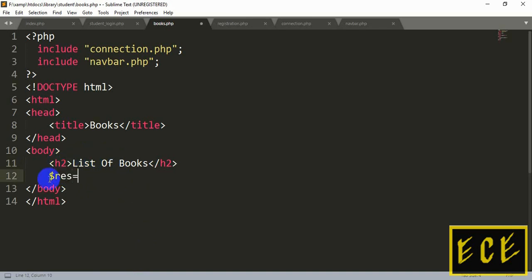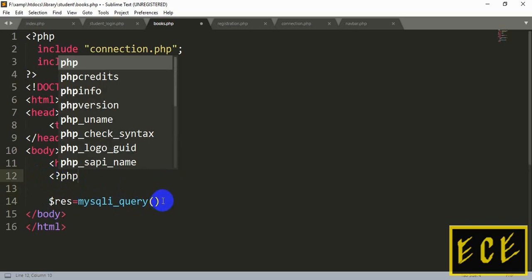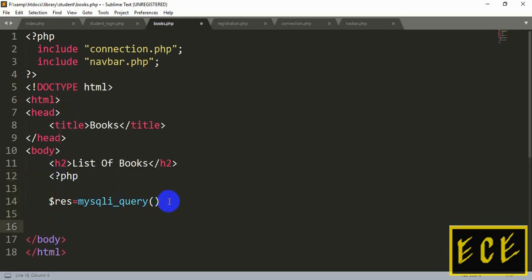And then we will start writing our query, and for that we will create a variable $result equal to mysqli_query, and then first bracket. Okay, why is it not coloring yet? Okay, we are actually writing inside the HTML part because we did not start our PHP tag. So let's start our PHP and let's close this after this,